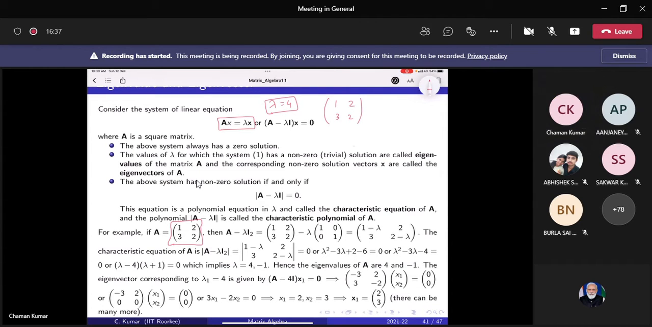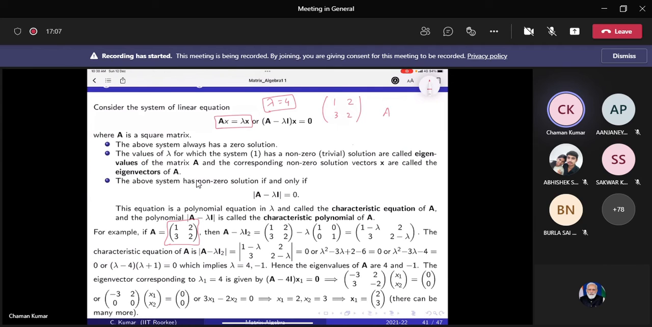Okay, you said that the above system has a non-zero solution if and only if the determinant of A minus lambda I is equal to 0. Yes. So how can you say that? When we read this in 11th and 12th, we know that when the determinant of any matrix is 0, then we can have either infinitely many solutions or no solution. So how can we say that it is always